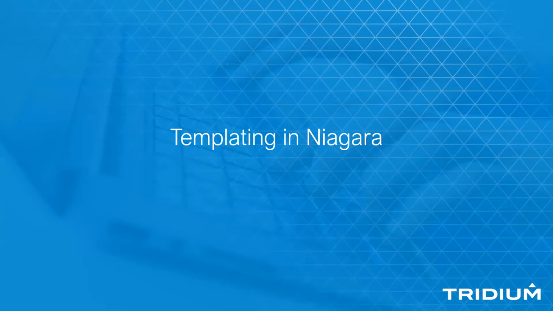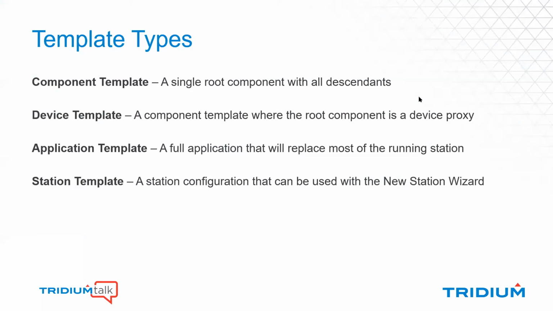First of all, let's go through the 4 different template types that we have. A component template in Niagara is when you capture the contents of a single root component and all its descendants, and create a template from that to make it a reusable solution. The device template is a special type of component template, which has the root component as a device proxy for one of the drivers. There are options in the device managers under the drivers that you can use to help you have some special functionality for working with device templates. An application template captures an entire